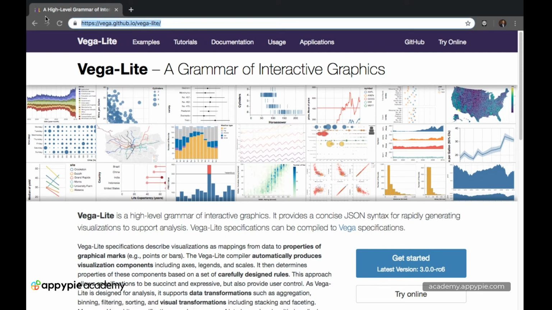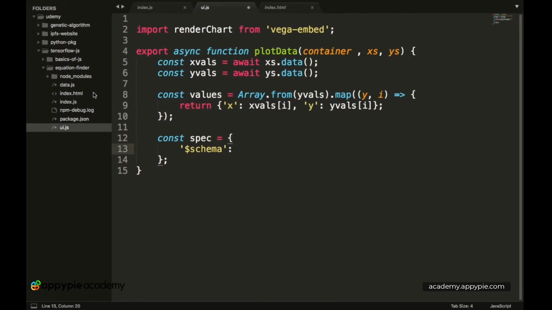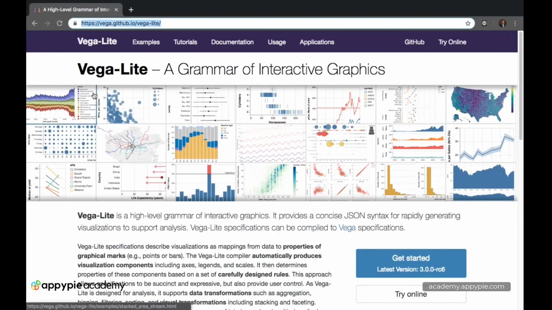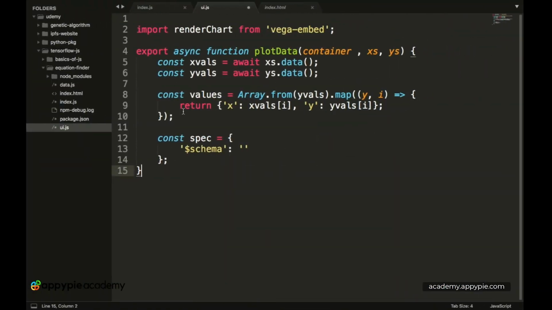So let's first copy this, and let's paste this over here.